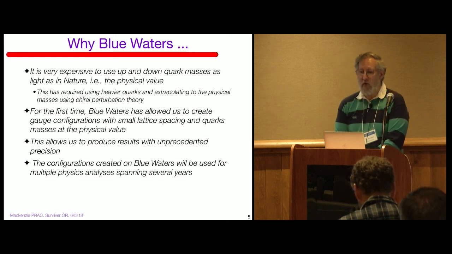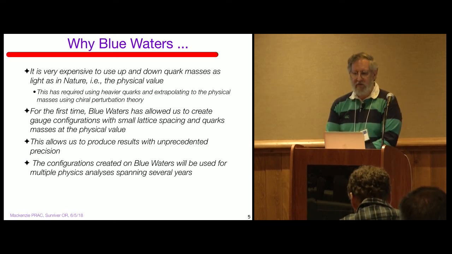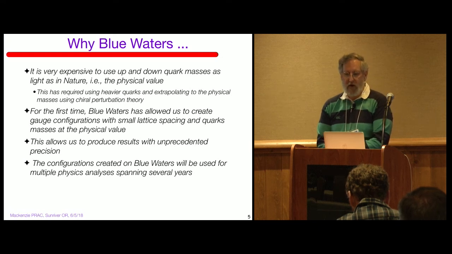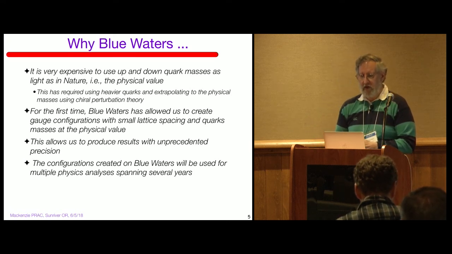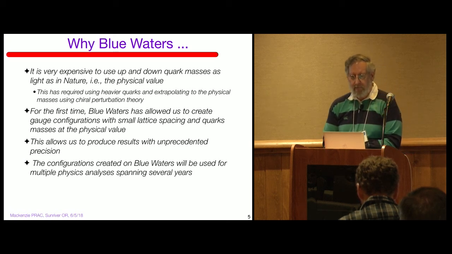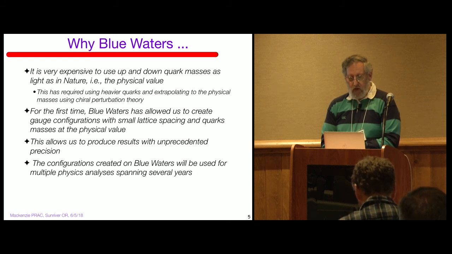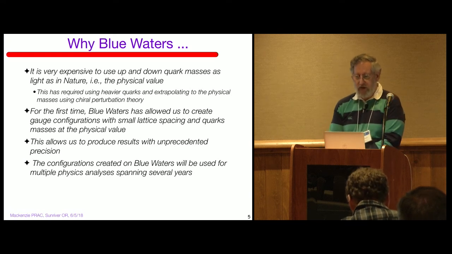One important thing about Blue Waters is it was really one of the first computers that enabled us to calculate at very light up and down quark masses. In previous years, before Blue Waters, we would always make the up and down quarks heavier than in nature and have to do an extrapolation. That's generally called the chiral extrapolation. Well, we still do some of that, but now we have a really good handle because we don't have to really extrapolate. We have results at the physical light quark masses. Okay. All right. And basically, Blue Waters has allowed us to produce a number of results with unprecedented precision,